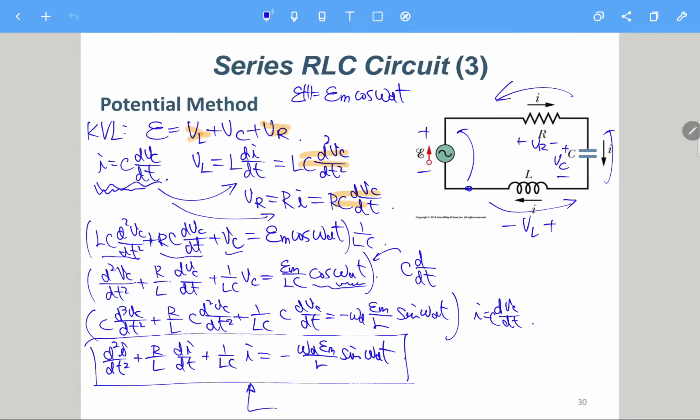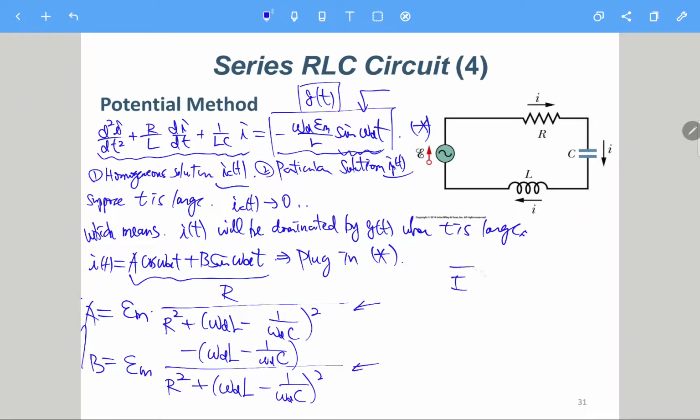We call that I is actually Em over R plus J omega d L minus 1 over omega d c, something like this. But if you just multiply the denominator